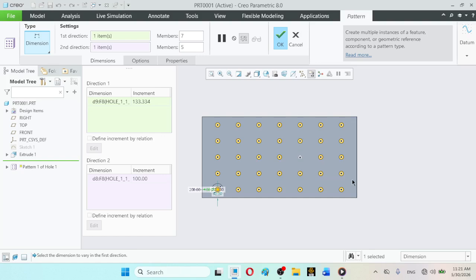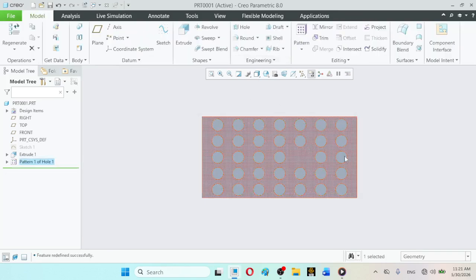We can simply click on this, and as you have observed, it has dimmed, so this member will not be physically available in this pattern arrangement. You can click on OK, and here you can observe this member is actually not available.